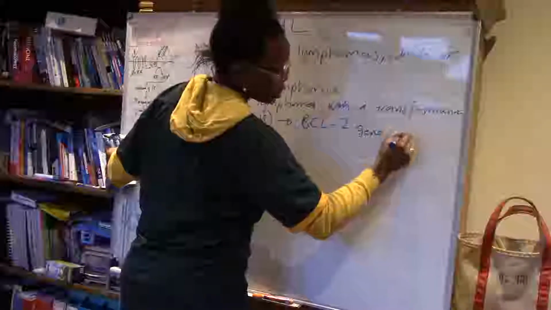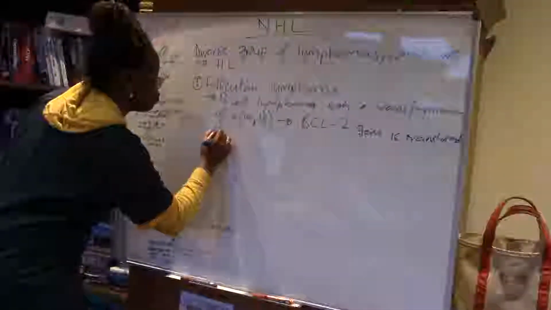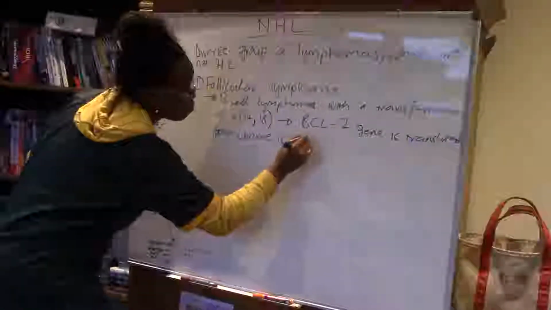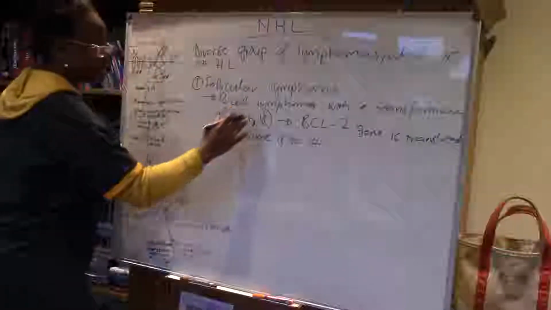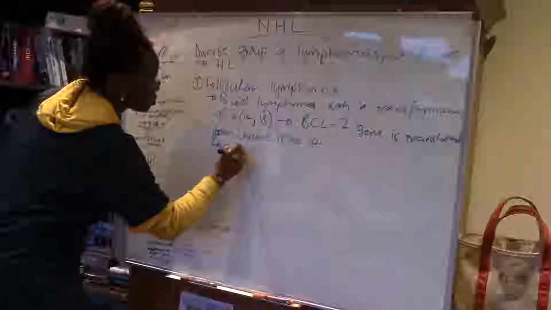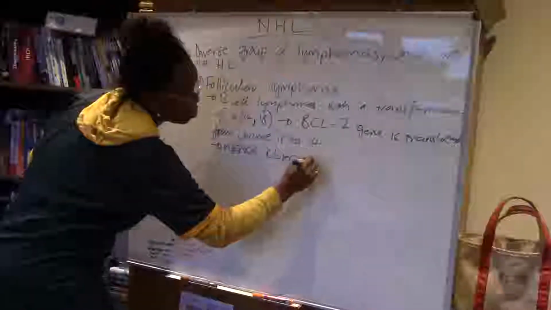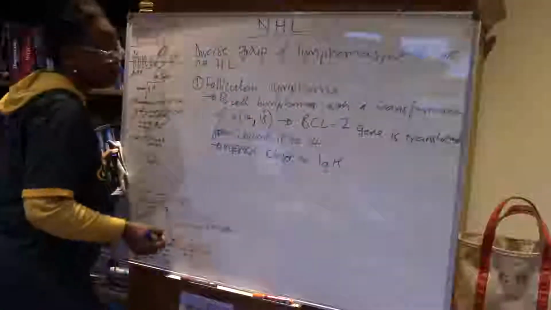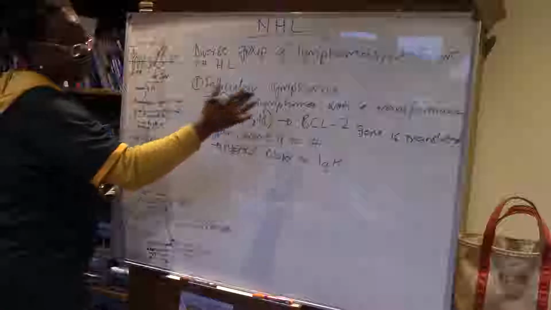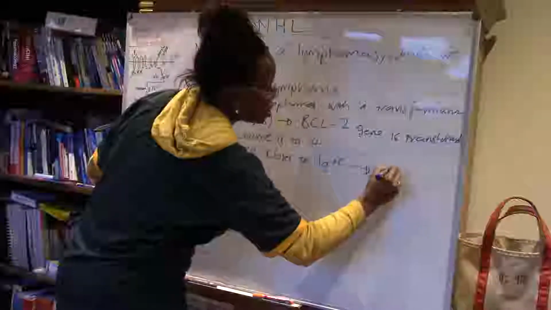It is translocated from chromosome 18 to 14. And when it gets there, it is then inserted closer to the IG heavy chain, and that movement then encodes for an anti-apoptosis